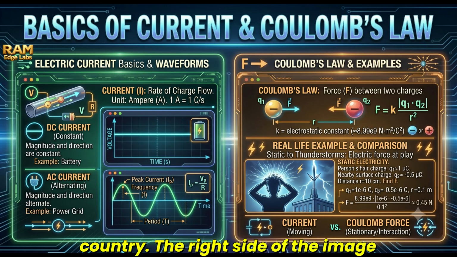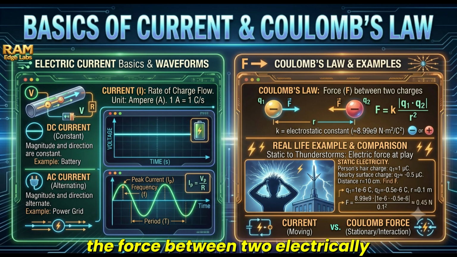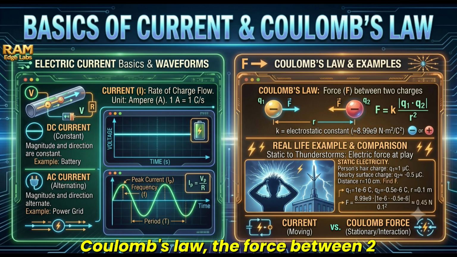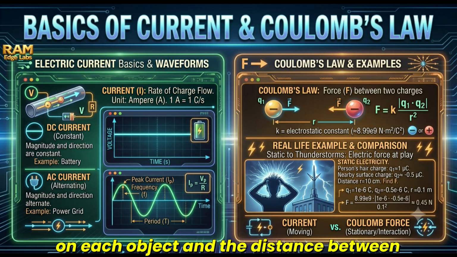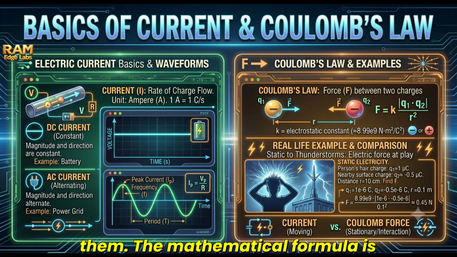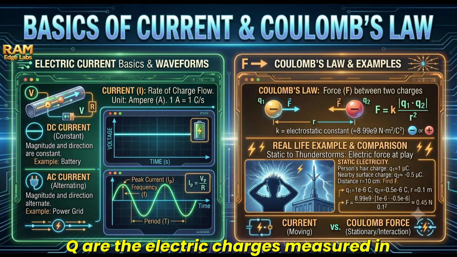The right side of the image introduces Coulomb's law, which explains the force between two electrically charged objects. According to Coulomb's law, the force between two charges depends on the amount of charge on each object and the distance between them. The mathematical formula is F = k|Q1 Q2| / r², where F is the electrostatic force measured in newtons, N, Q1 and Q2 are the electric charges